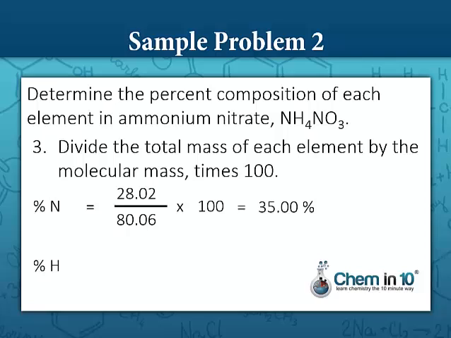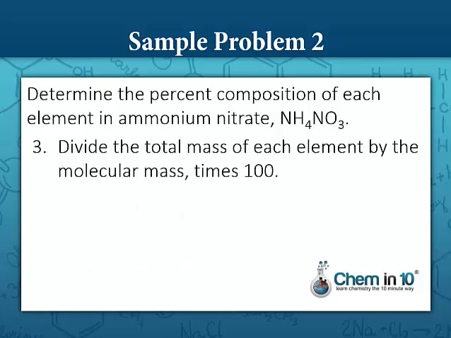Hydrogen, we have 4 hydrogens, so that's about 4 grams per mole, divided by 80.06 times 100, and that's 5.05% hydrogen. Even though we have 4 hydrogens compared to the 2 nitrogens, hydrogen only makes up about 5% by mass of the compound because it's just so much lighter. And finally, oxygen, we have 3 oxygens, 48 grams per mole, divided by 80 grams per mole, and it's